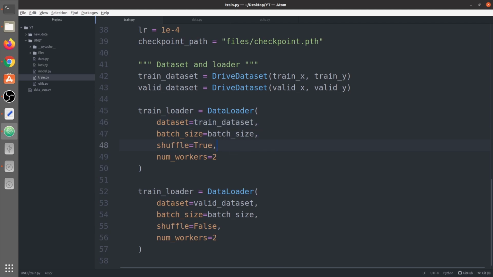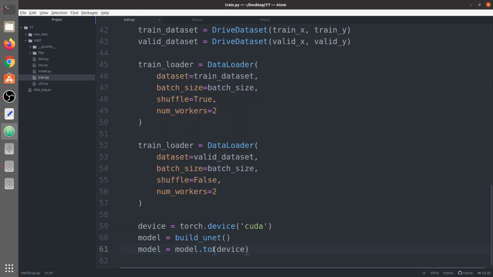Okay, now we would build our model. So we have this device here. We have a CUDA device, that is, I have a GPU, let me specify, GTX 1060 6 GB. Okay, and it's about to be dead. That's a secret, don't tell anyone. Now we build our model and we load it in our GPU, that is CUDA device.